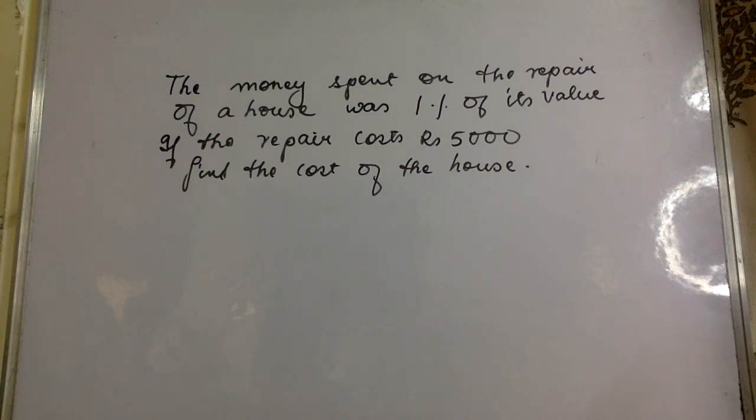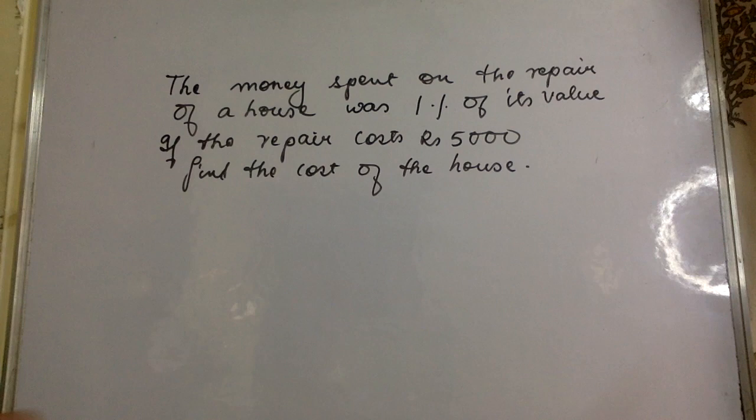Money spent on the repair of a house is 1% of its value. If the repair costs rupees 5,000, find the cost of the house. Okay. So this is one problem sum. Here, to do these sums, it is better to be a little good at linear equations. It makes percentage chapter, profit and loss chapter very easy when you know linear equations. Okay, so I have made a few videos, you can watch them. Also I shall be making more videos in linear equations problem sums, so you will understand the usefulness of taking